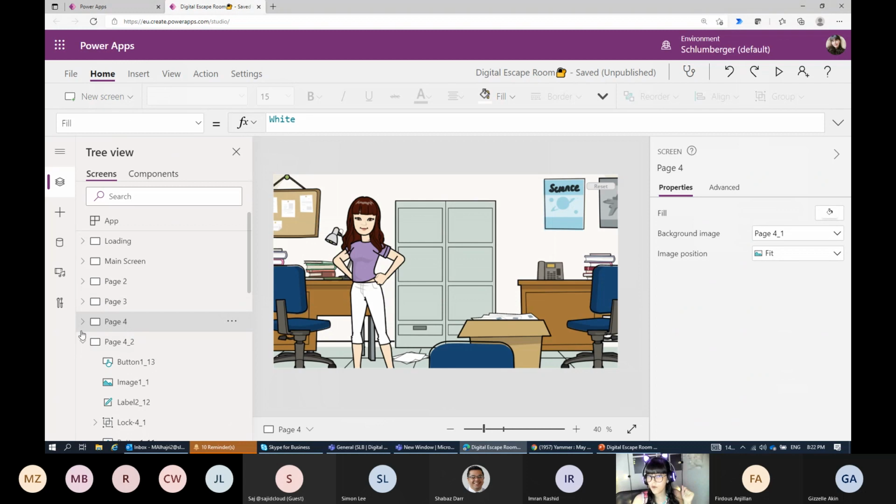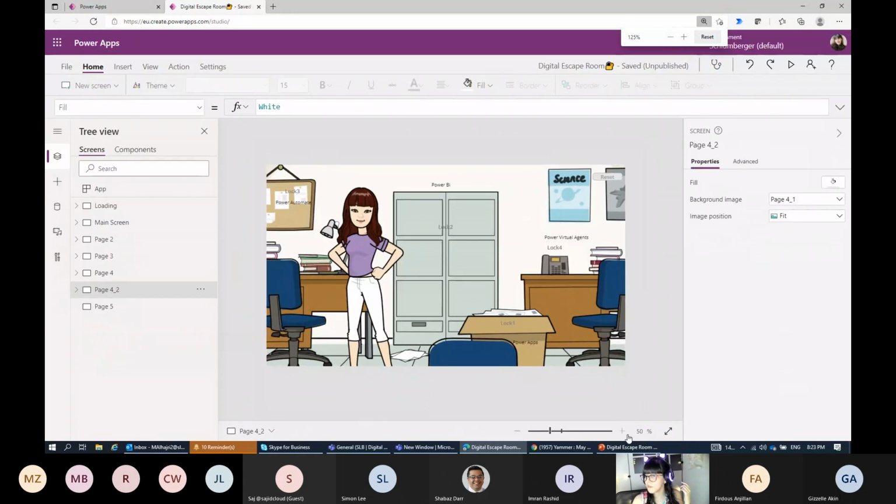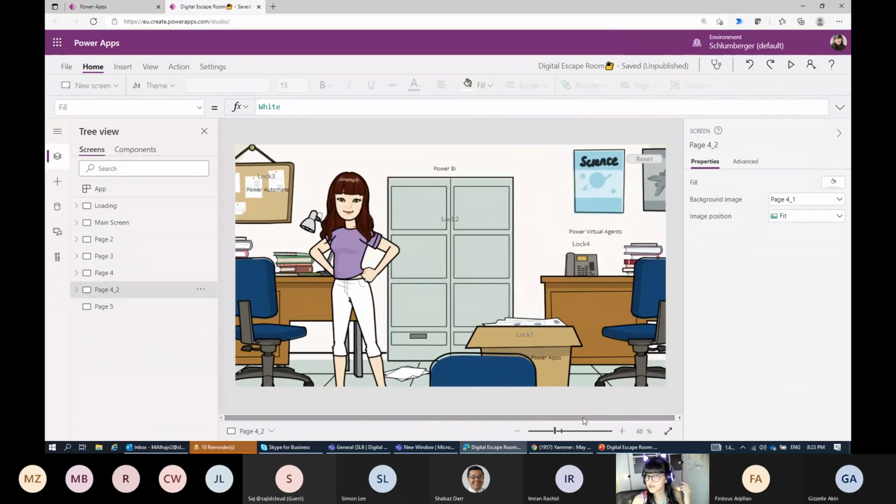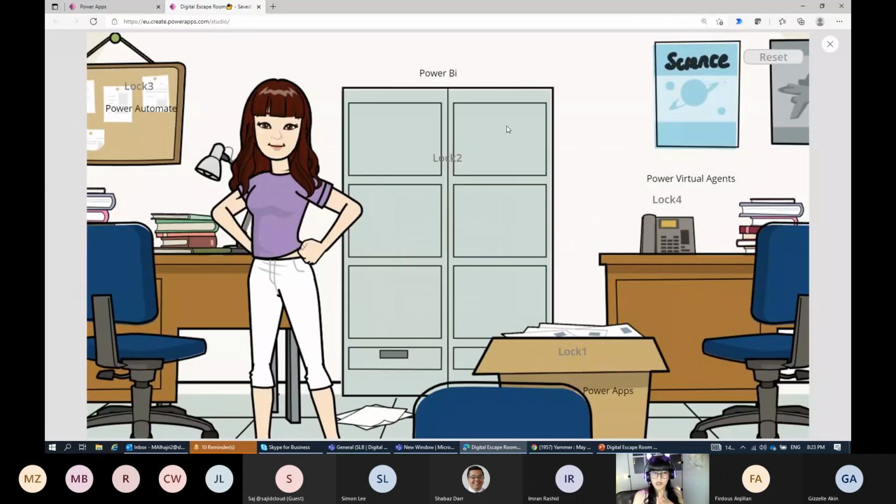So the question is how I built this room, what kind of tricks and what kind of data source I'm using here. So let me show you how I built my room. Just a minute. Okay, so what I did basically, let me show it to you. When we played the game together, it was empty. There is nothing for the user, right? There is no Power BI here, or lock number 2, lock number 1. There is nothing. I was hiding everything actually. So how I built this one, I used a label, button, and pop-up message, and also a collection. So I will go through step by step.